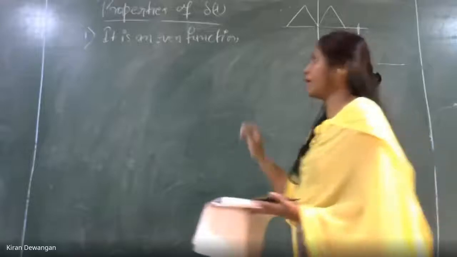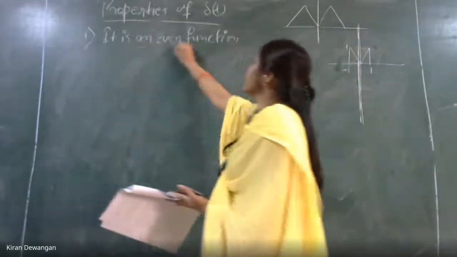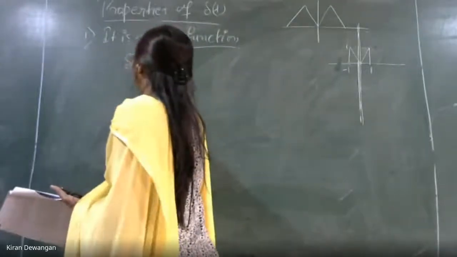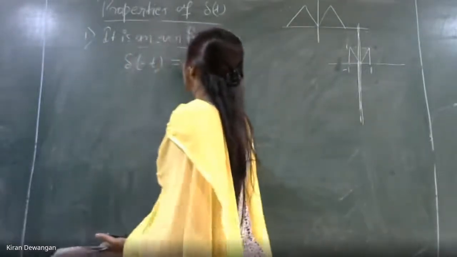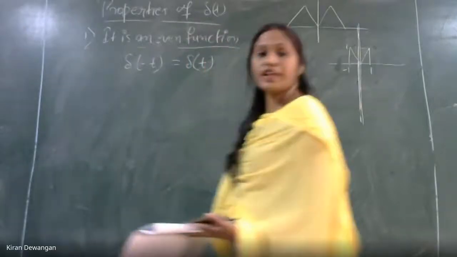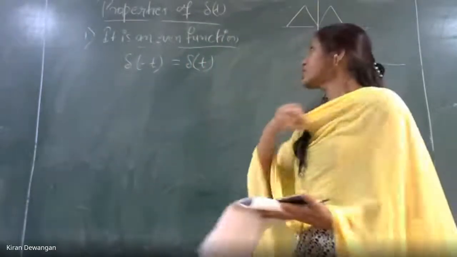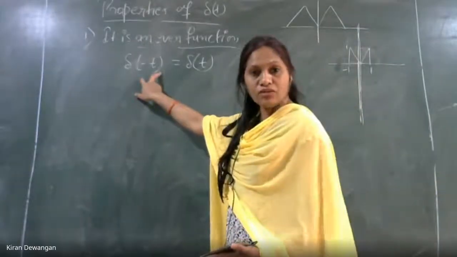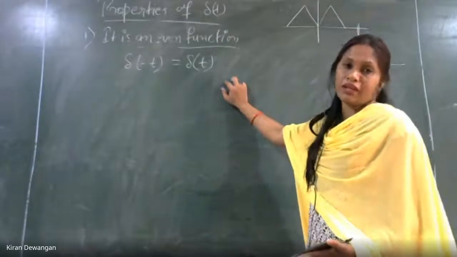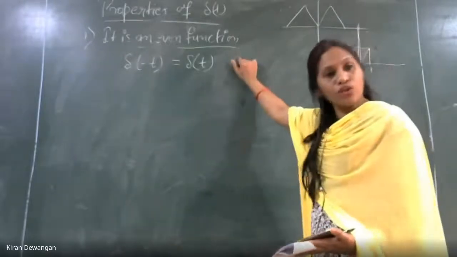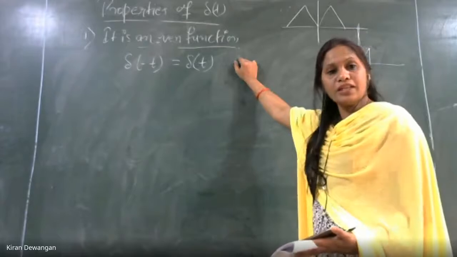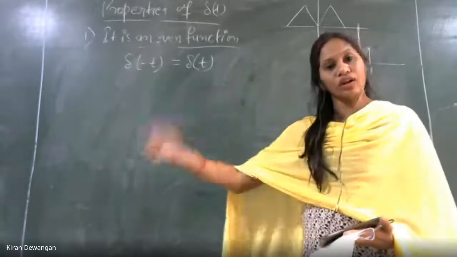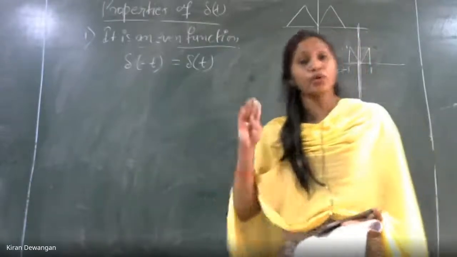So what it is saying is that del t is an even function. That means del of minus t is equal to del of t. मतलब del of के जो negative values of t रहेंगे वही positive values of t रहेंगे. And this is what happens. ये तो हमें पता ही है already. Del of minus t is equal to del of t because we don't have any value for any positive values of t or negative values of t. कोई वैल्यू होती ही नहीं है.